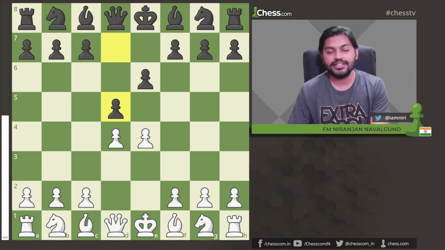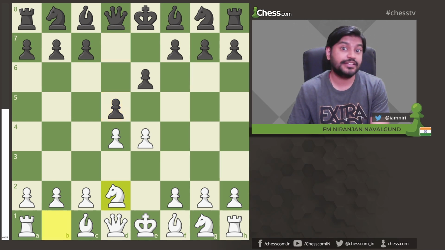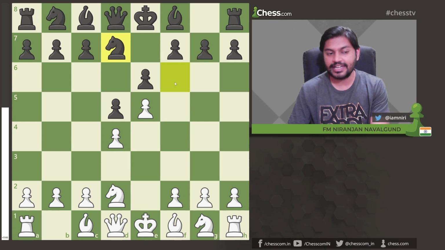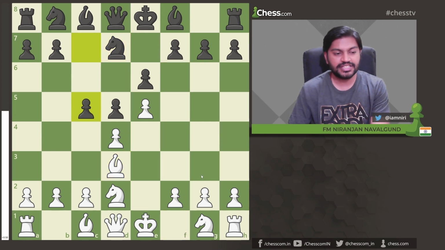Alright, let's go ahead. Let's look at another French defense trap after e4, e6, d4, d5, knight d2. This is again one of the most popular lines to play against the French, and after black plays knight f6, white goes e5 attacking the knight, knight goes back, knight fd7, white develops the bishop, bishop d3, c5, just play